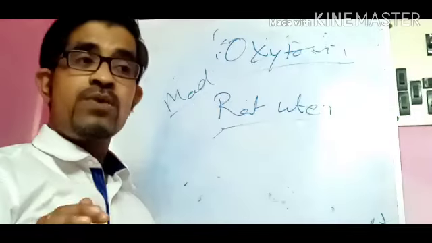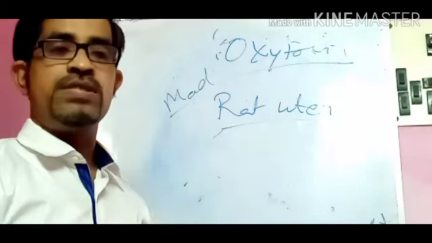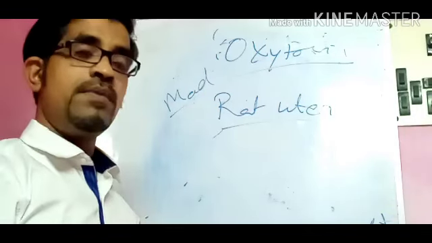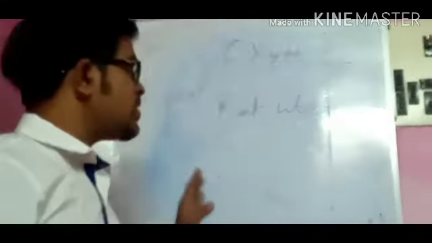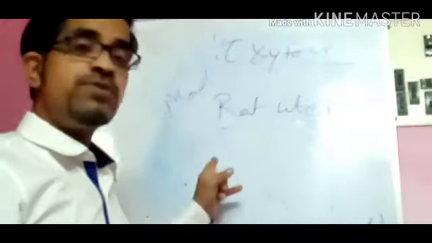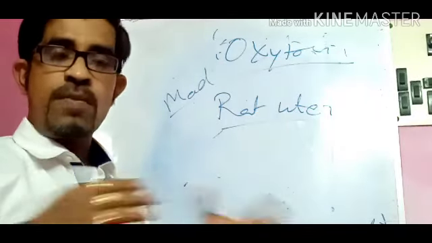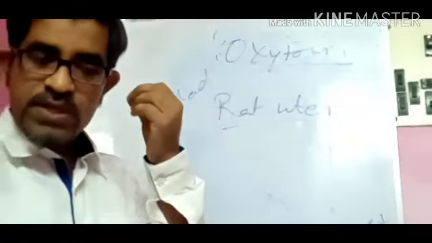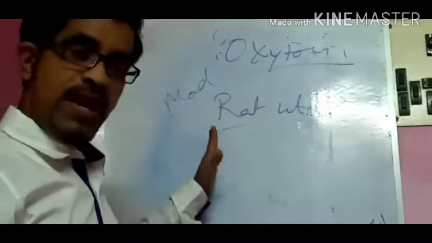So we are going to select a subject on which we can find out the activity of oxytocin. If you try to find the activity of oxytocin on a male rat, it will produce very little action or none. So only in the female rat can it produce an effect, in the uterus, because it produces contraction in the uterus but not in the stomach. If you take the stomach portion to do the bioassay of oxytocin, the bioassay will go down the drain. Okay, so this is the animal we discussed.